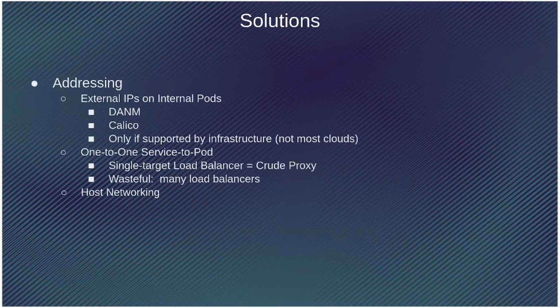Then we have host networking. Host networking is Alexander the Great's Gordian knot solution. It bypasses Kubernetes networking entirely for your ingress proxies. This is definitely a brute force mechanism, but it isn't as bad as it may sound at first. Only your ingress proxies would run with host-based networking, and they would still be able to talk to the rest of your cluster directly, even though their own IPs will be outside the cluster's subnet range.